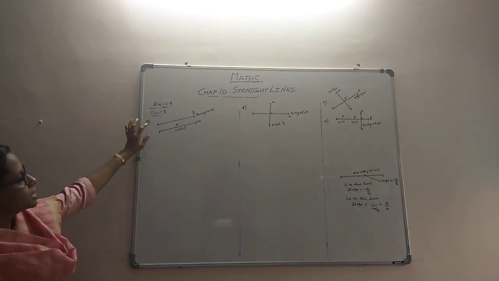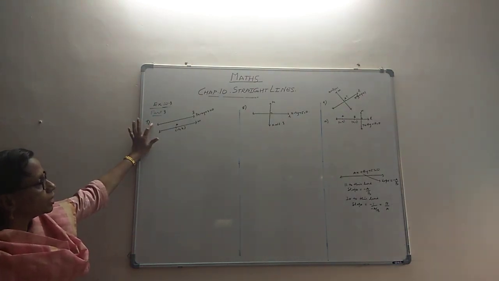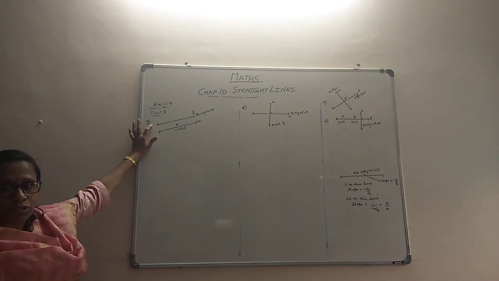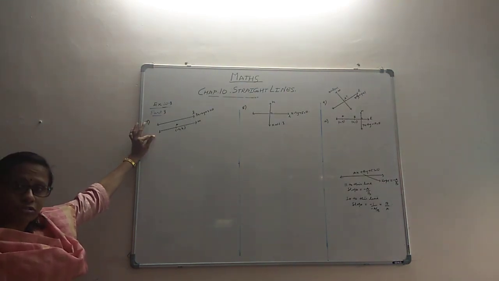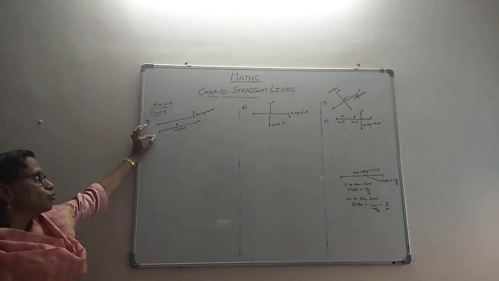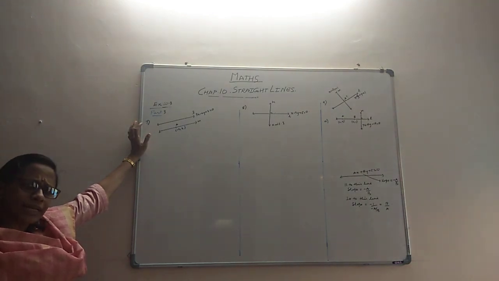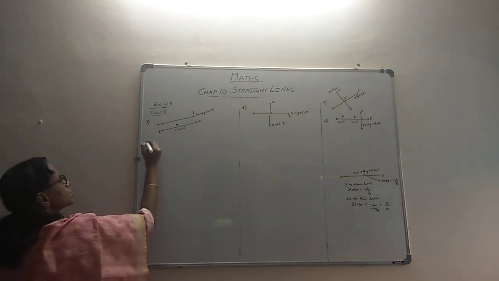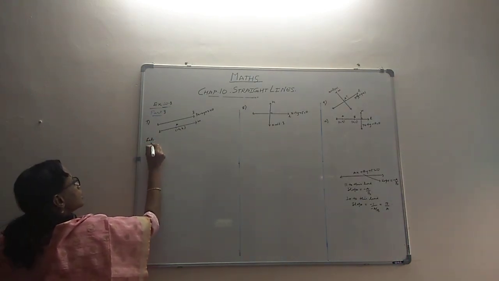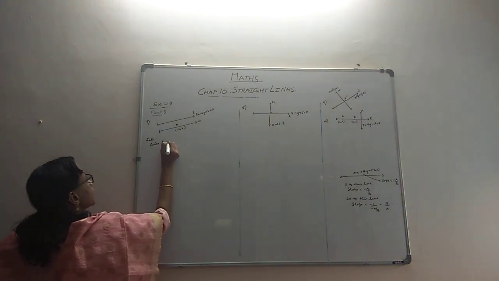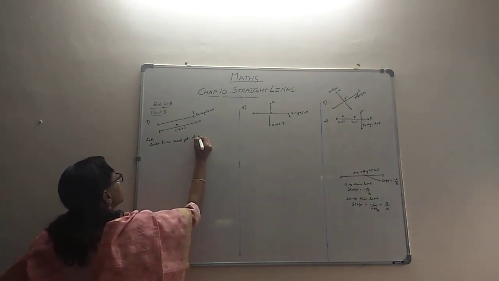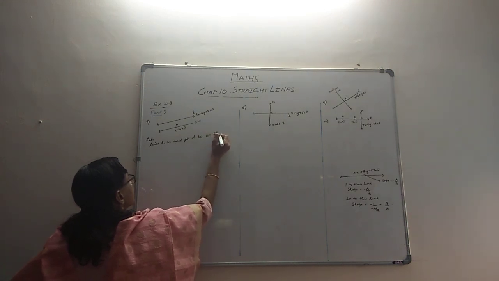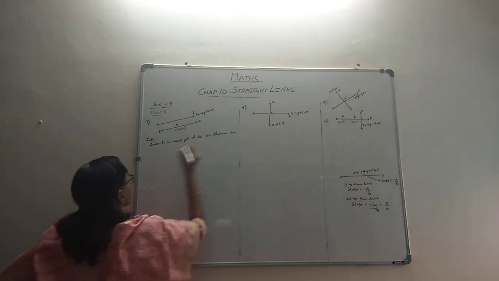Because this line is of the type 3x minus 4y plus 2, its slope is 3 by 4 when we look at it. Automatically this also has got the same slope. So once you know the slope and you have the point, you automatically get the line also. So not much of work that way, right? So first let's introduce lines L, M and point P as shown in the figure.